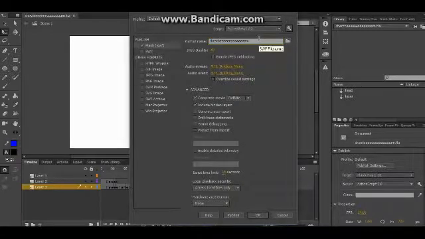Output name. This is your output name. Just beam, and you can also choose your publish destination. By default, it will publish to where your .fla is saved, which is the common Flash format that is described over here. Your JPEG quality, which means the quality of images, we'll set that to 100 if you have images, for example, the desktop image in Animator versus Animation. Enable JPEG deblocking. I don't know what that is. Well, JPEG deblocking to reduce artifacts with low quality settings. I don't know what that is, but